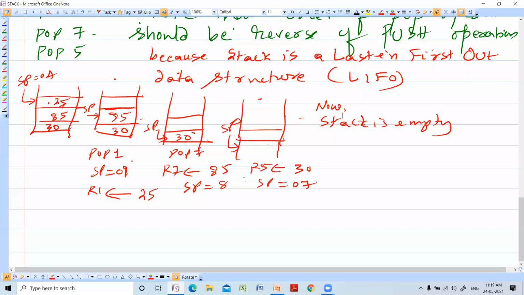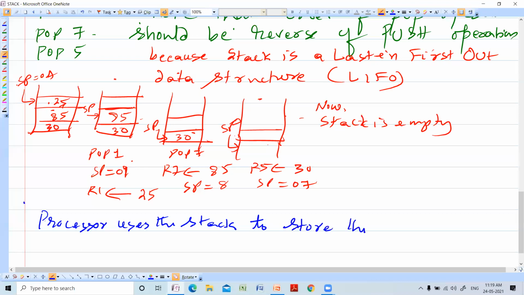So one more point you can have here in our notes. The processor uses the stack to store the return address in case of a call instruction.